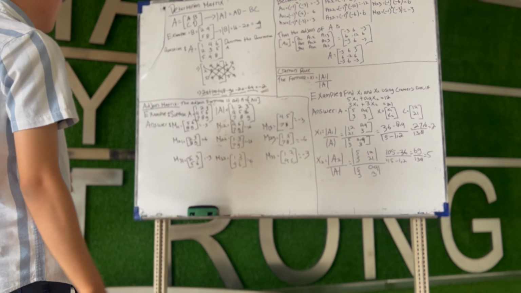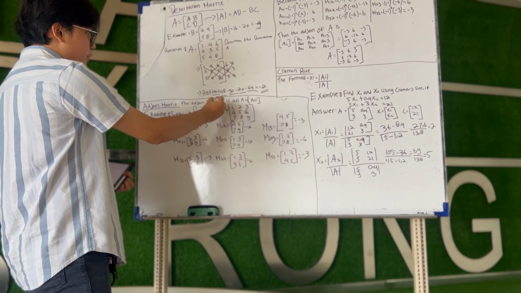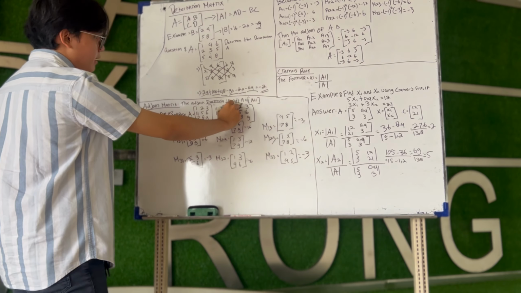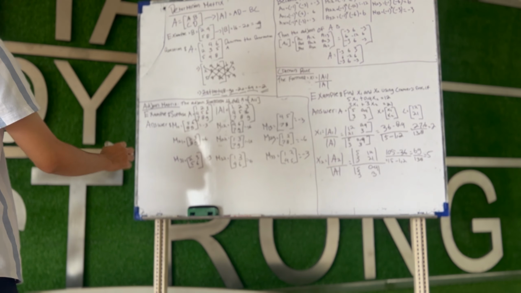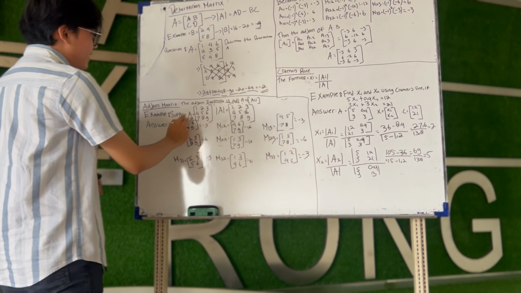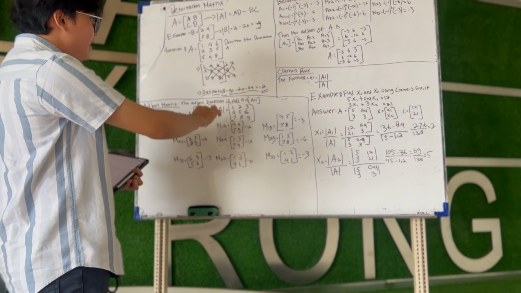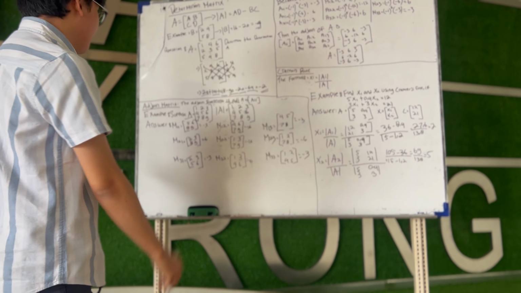And the next is about the adjoint matrix. The adjoint matrix has a formula: adjoint multiply A equals A adjoint. Example, suppose A is 1, 2, 3, 4, 5, 6, 7, 8, and the determinant is 1, 2, 3, 4, 5, 6, 7, 8, 9. The answer is